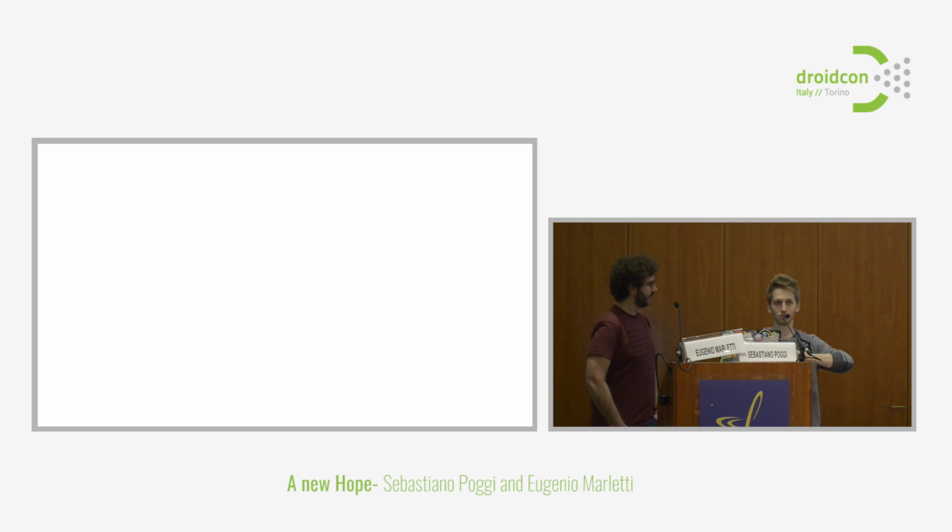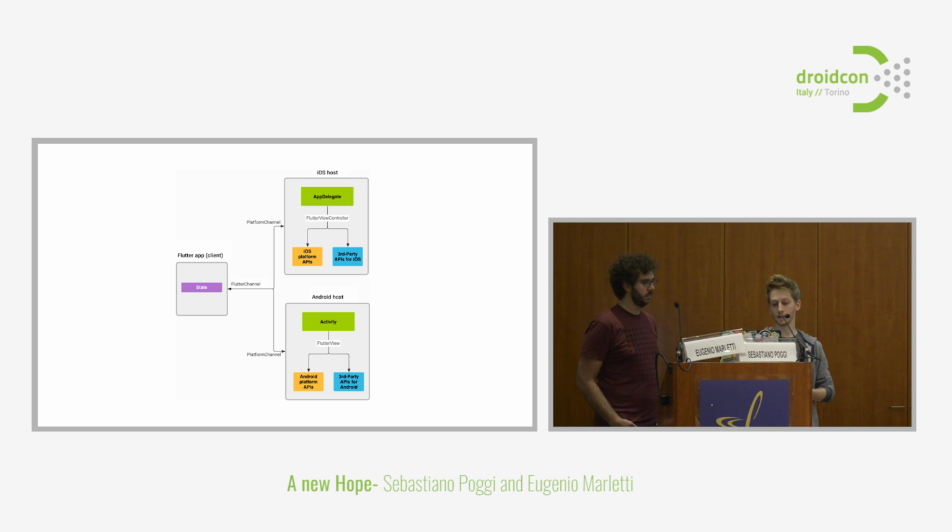Okay, other things. How do you communicate with the rest of the system? Dart is great and has support for a lot of things, networking, reading files, etc. But what if you want to show a notification? What if you want to read sensor data or do something that is not mapped yet in Dart? Or you have a library which is native for Android and native for iOS and you can't rewrite it in Dart. There is a way, called platform channels, and it looks like an intent-ish. You serialize data back and forth between Dart and the rest of the system. It's very easy to use, honestly.